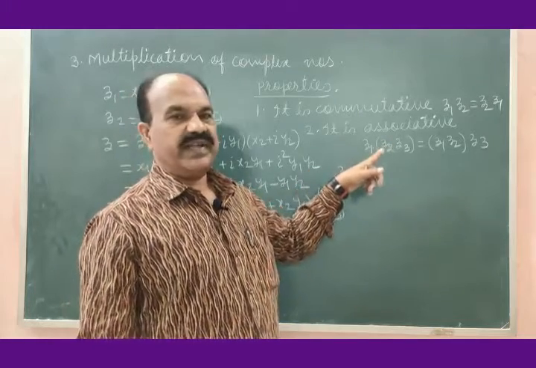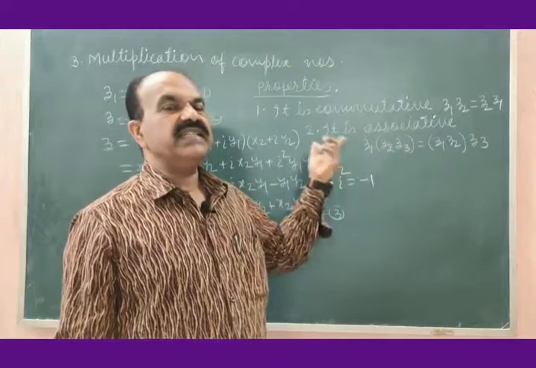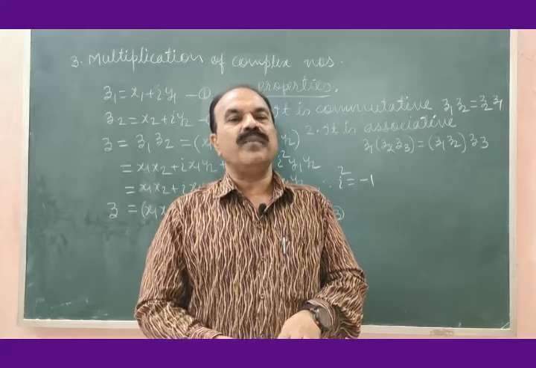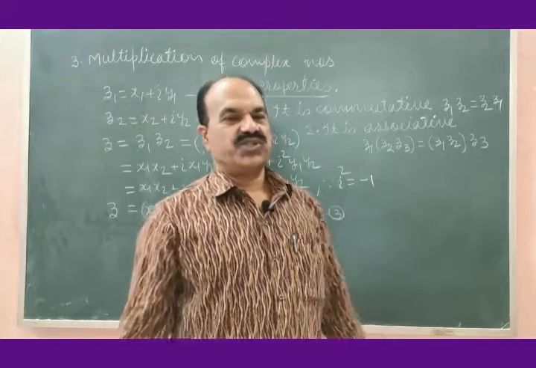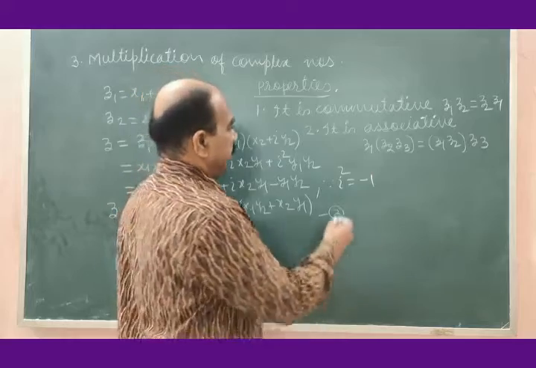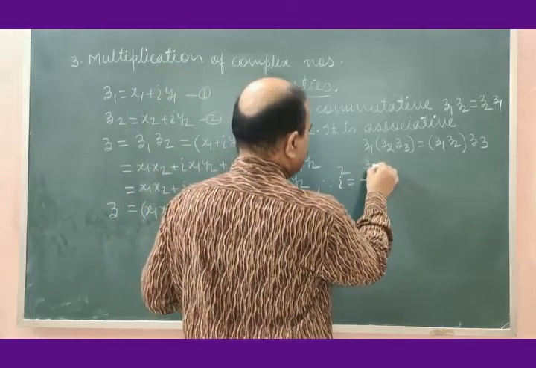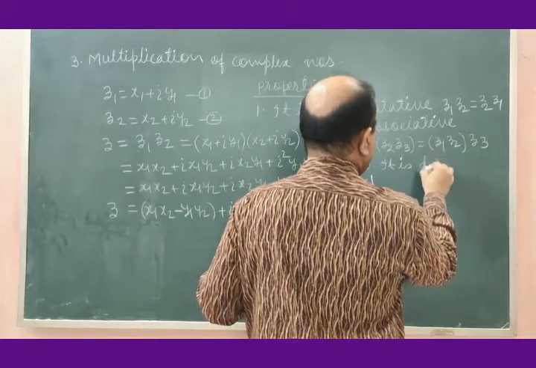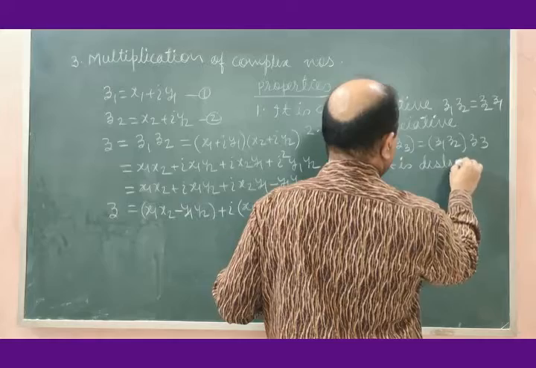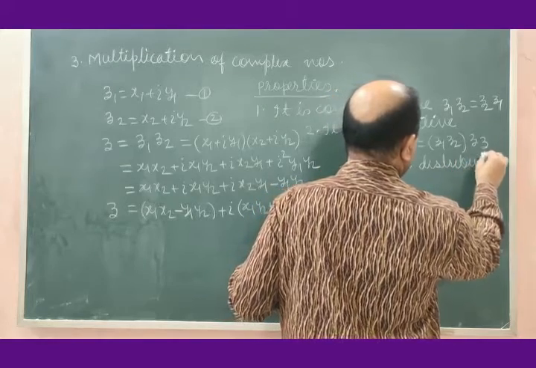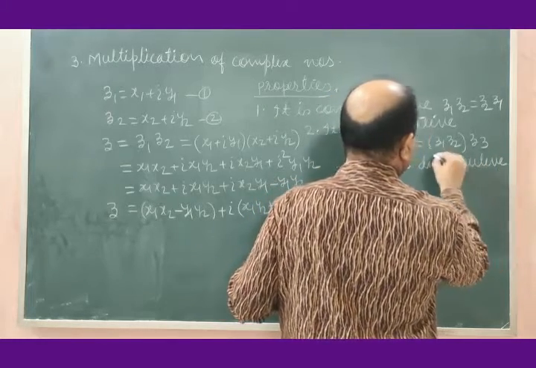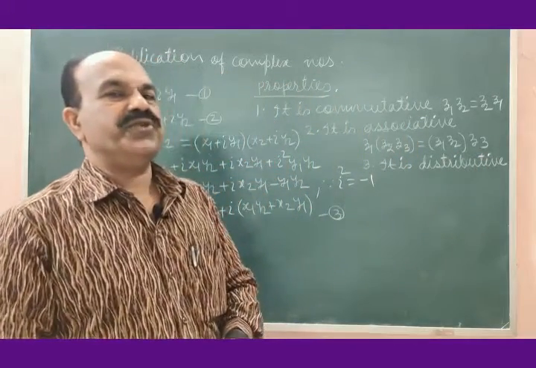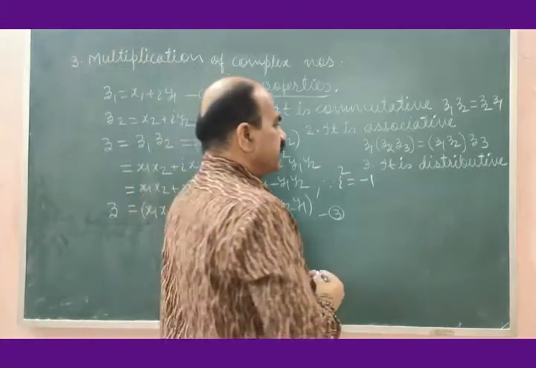So this is the second property. It is associative, meaning that multiplication or product of two complex numbers is always associated. The third property. It is distributive, meaning that